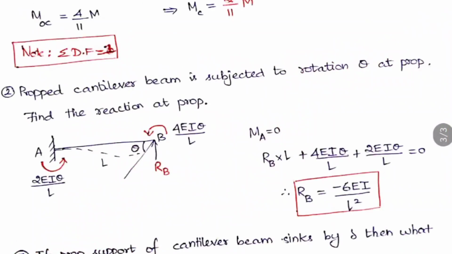Now there is another small example. The previous example we saw is itself a big question. There are many examples for the moment distribution method, but they take more time. They are nearly 10 mark questions and won't be asked in the objective questions. A simple ideology applied from these concepts is what they will be asking in the exam.